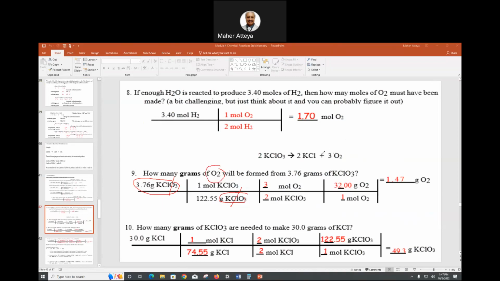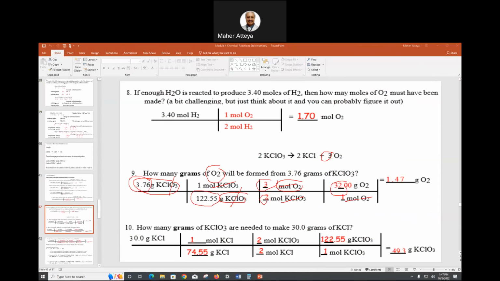So then you have 3 moles of oxygen in the top, because that's what they are asking for. And I need to get rid of the moles of fluoride, so they are out. And then I need the molar mass of oxygen, O2, which is 16 multiplied by 2, 32. So mole of oxygen, mole of oxygen cancels out. So I just multiply this one here. I divide by this one, multiply by 3, divide by 2, and then multiply by 32, and you get the